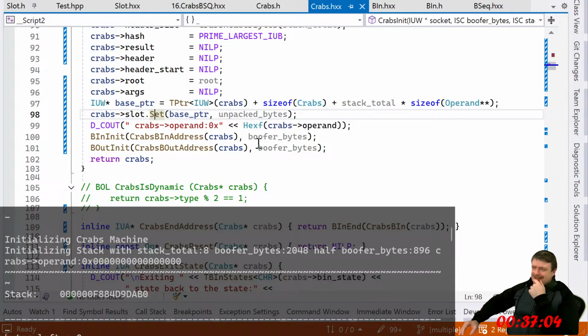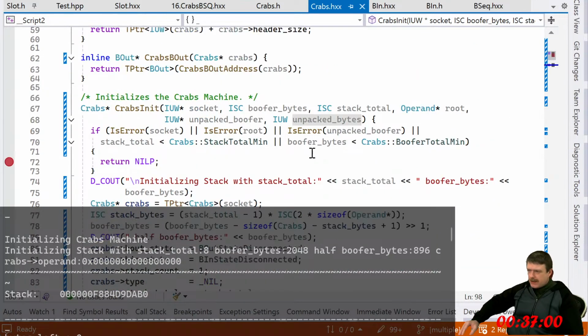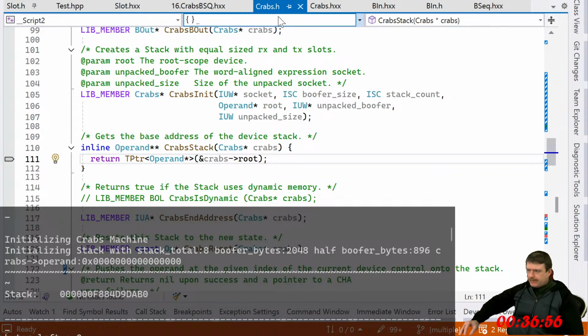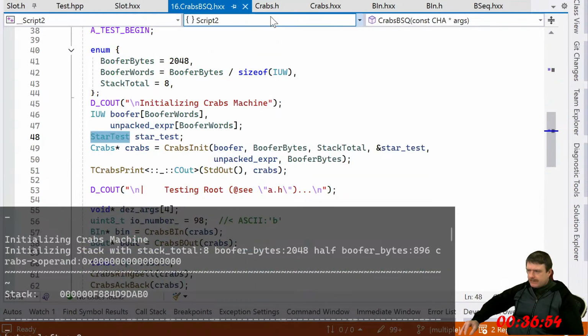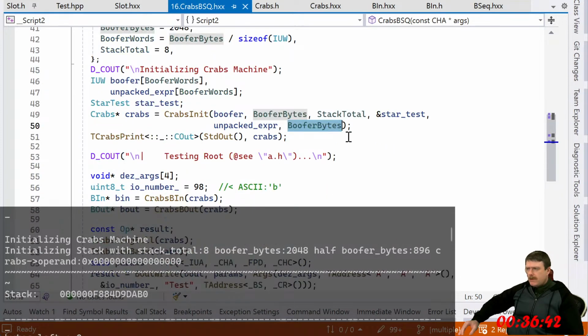That's not actually how that would work at all. So what about unpacked bytes? Unpacked bytes. Buffer bytes. Unpacked expression. Okay.